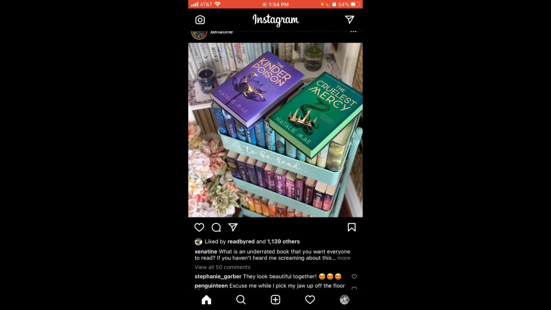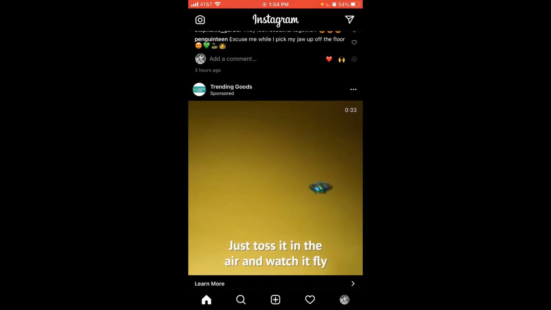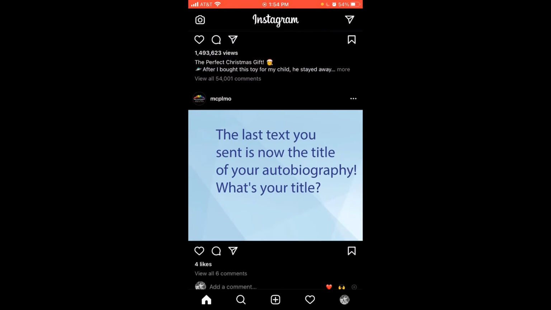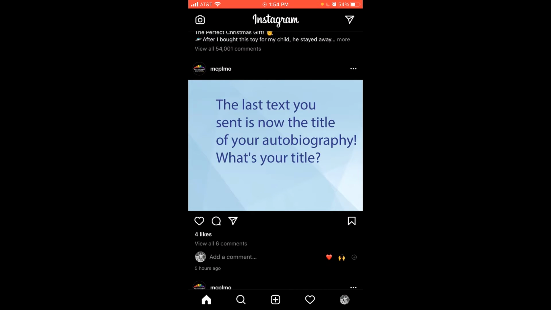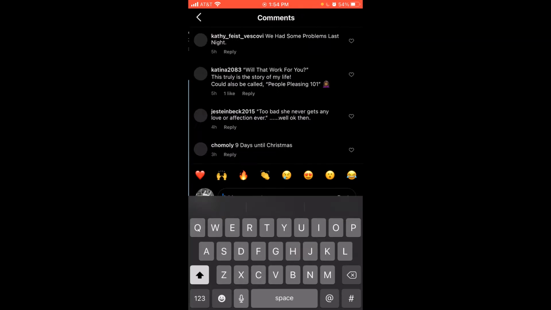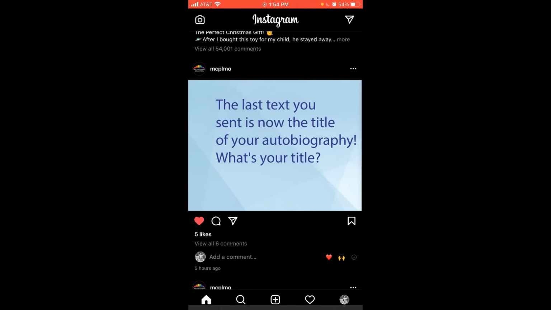At the bottom of your window, you will have your toolbar. So, of course, the house will take you back to the top of the feed where you can like any new content, refresh the page. From there,